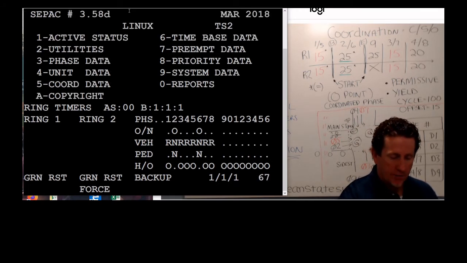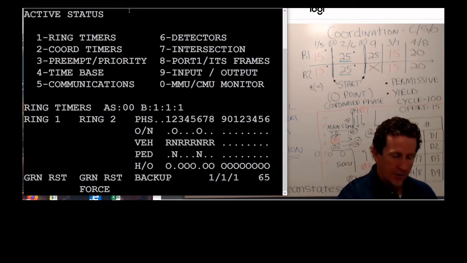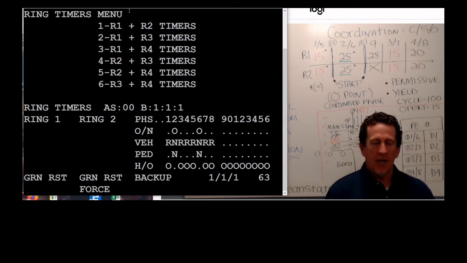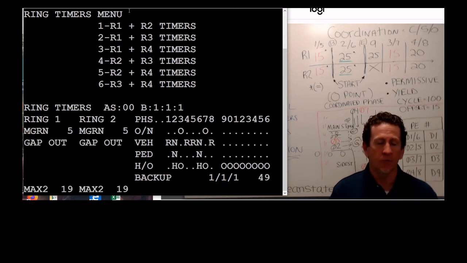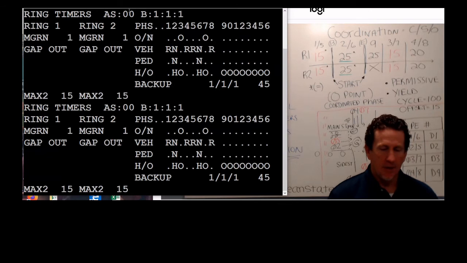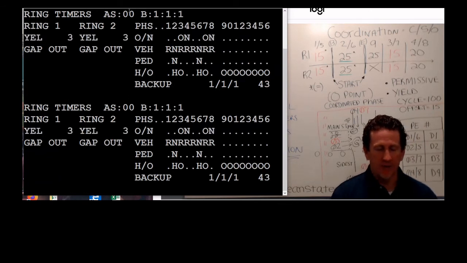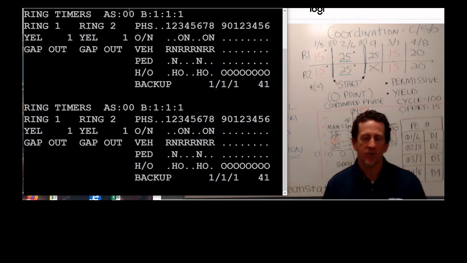From the main menu, go 1, active status, 1, ring timers. And then this menu allows you to watch 2 rings at a time. So again, this is a 4-ring machine. I can watch any 2 rings together that I want. 99 times out of 100, we're only watching ring 1 and ring 2. So that's why I say go 111. And that actually brings us to the screen that's down below. Here's my ring timer screen,